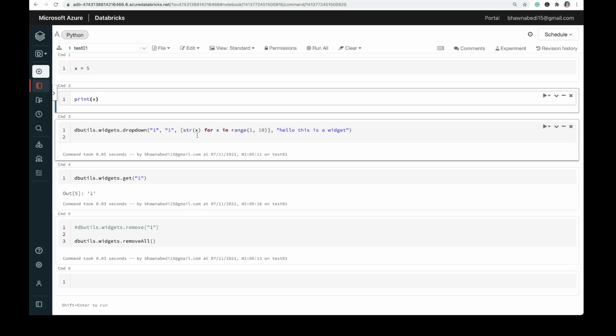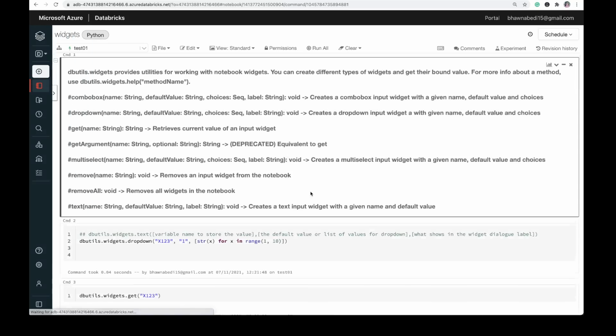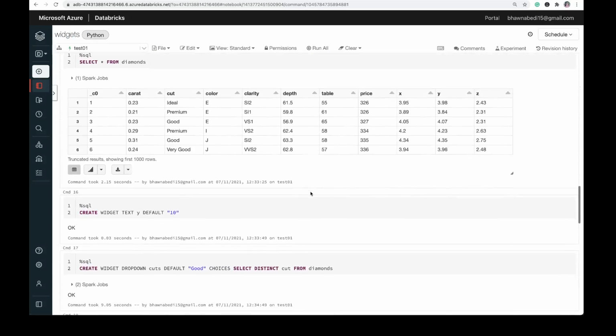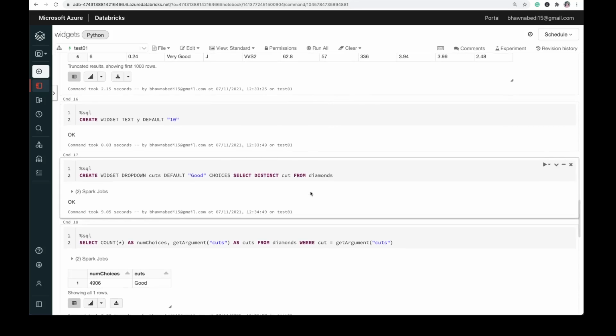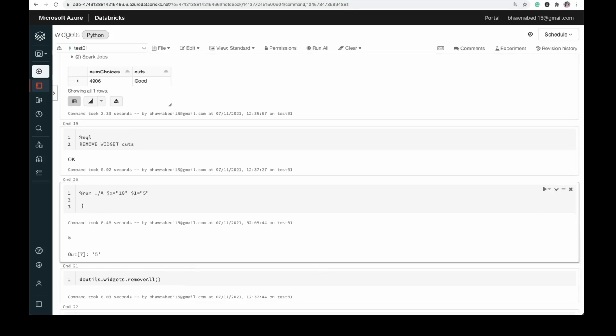Now what if I want to use this particular notebook in my widgets notebook, which is a different notebook that I am running right now? If I want to use that notebook with a different set of parameters, what should I do? You can use a percentage run command.